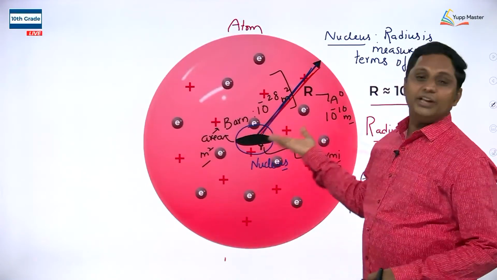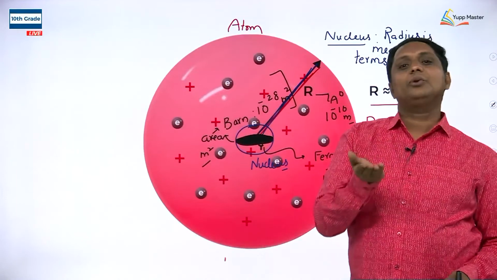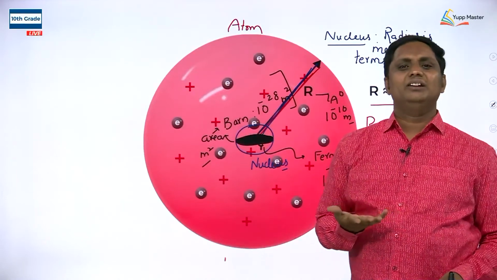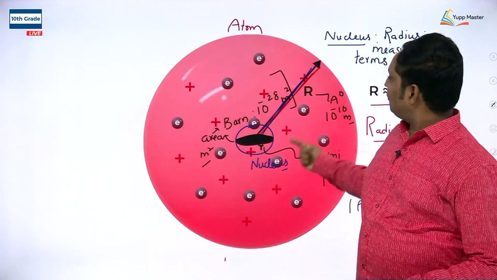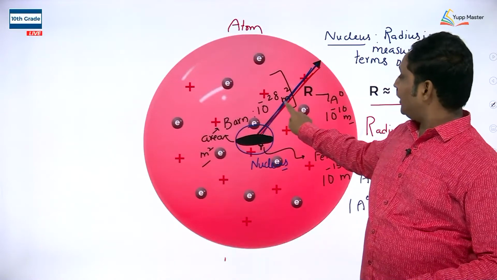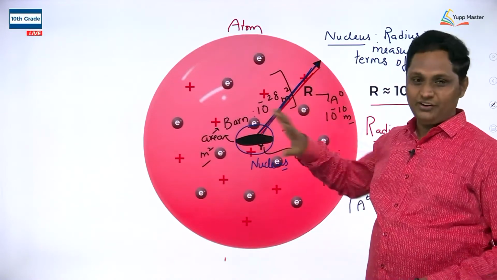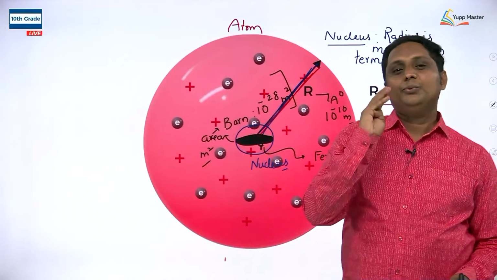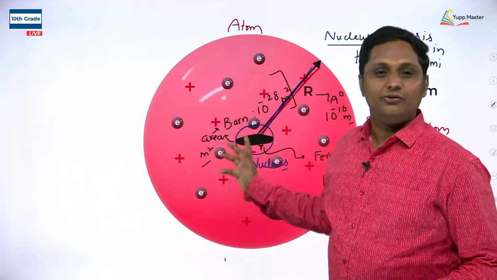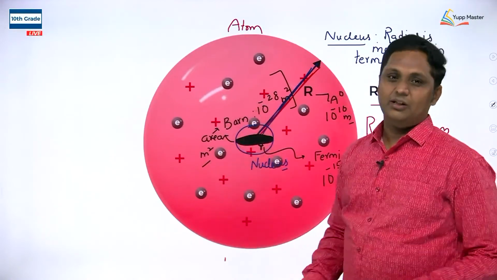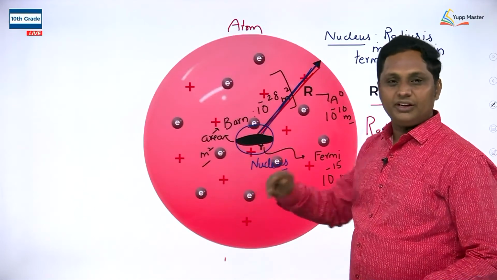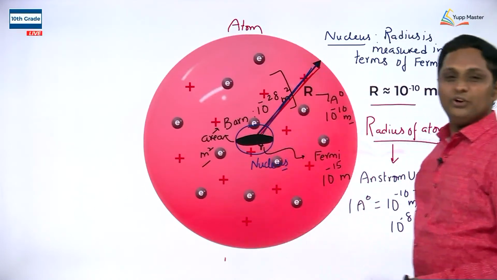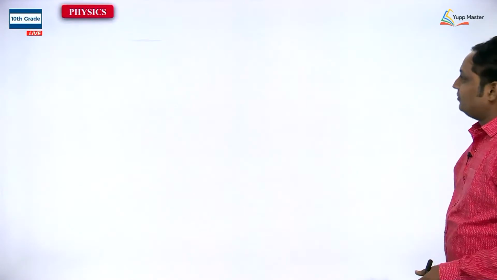While you take the cross section area inside the nucleus, it has been measured in terms of Born. 1 Born is equal to 10 to the power of minus 28 meter square. It is very clear. So you might have the chance to score one question. It is easy to answer the given question related to microscopic phenomena. Let us go for questions.